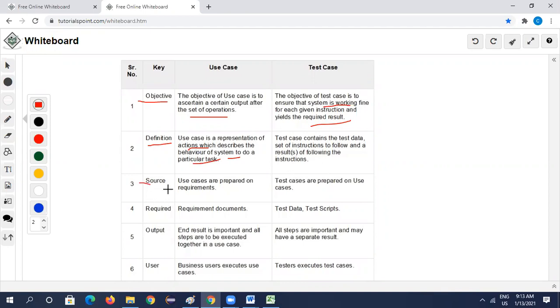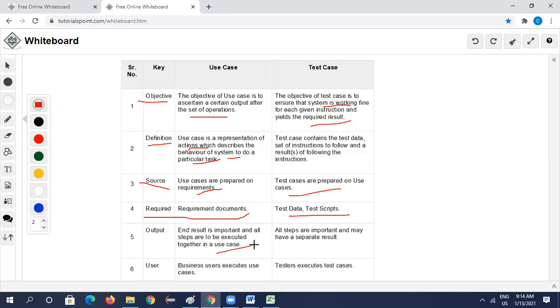The source of the use case is the requirements. Based on the use cases we write test cases, and based on the requirements also. For writing use cases, requirement documents are required. For writing test cases, use cases, test data and test scripts are required.